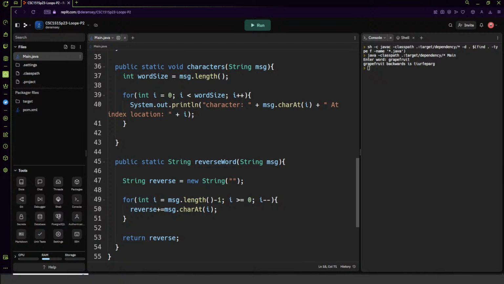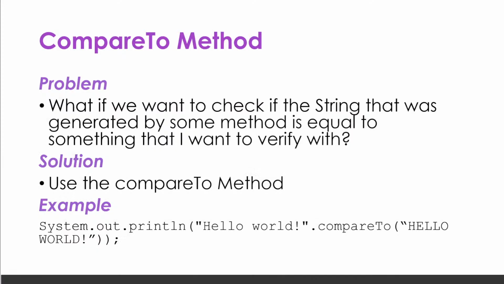Some other interesting functions that I would like to talk about today. And I won't do examples of all of these, but I will talk about them. I might do some examples of them. Let's see. One is the compareTo method,